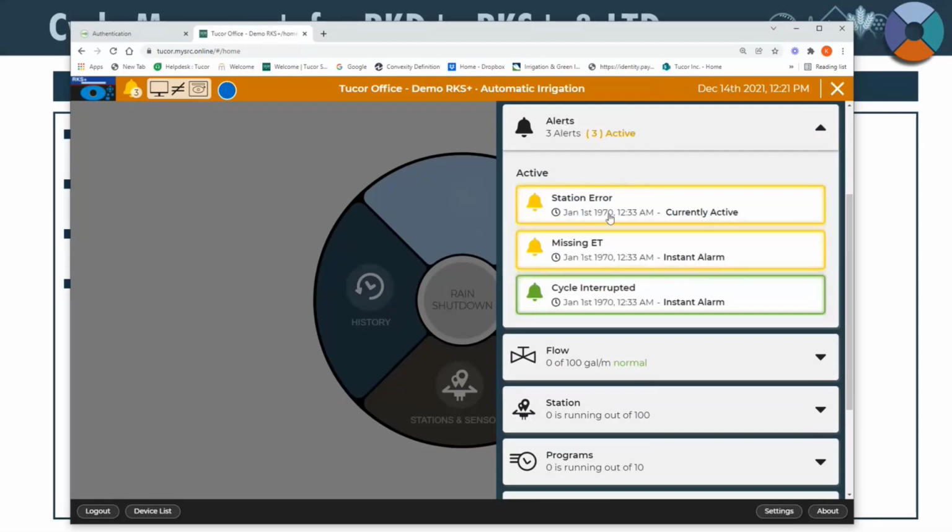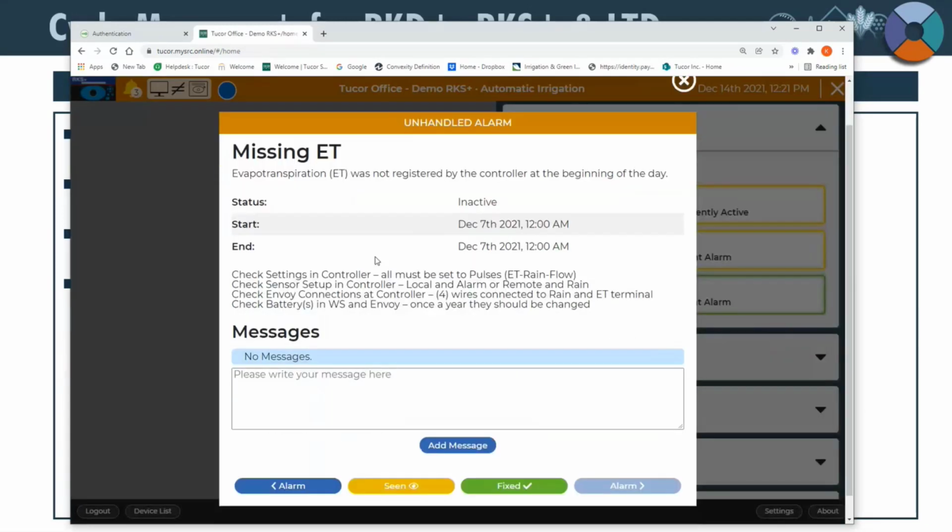I'll see all of my alarms. We have a station error, missing ET, cycle interrupted. Let's go to our missing ET alarm. I can see it started and ended. That's weird. I wonder what happened. I can take a note for someone else to look